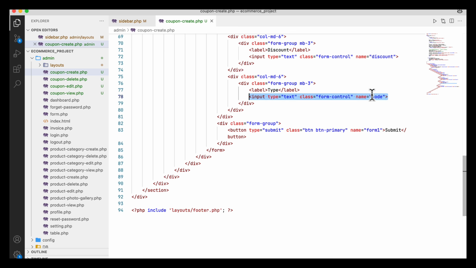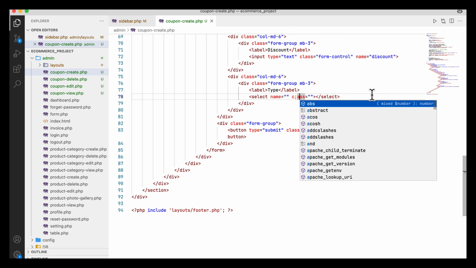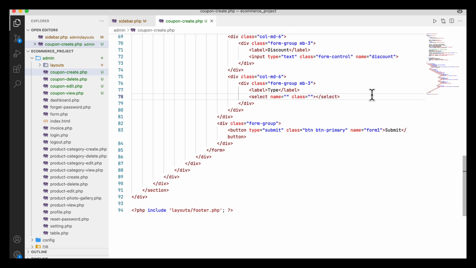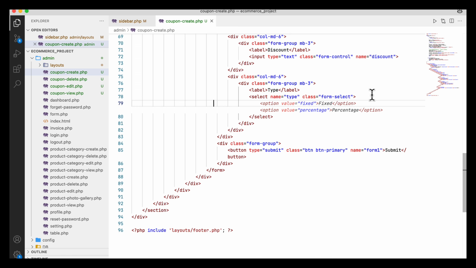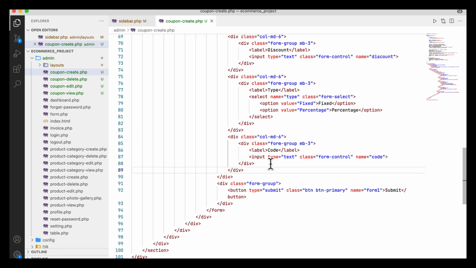So what will be the coupon type? Here you can use the select, class equal to form select, and for the name I am going to write type. The coupon type will be two types, percentage and fixed. So it is okay, it can be fixed, and here it can be percentage. After that there is a